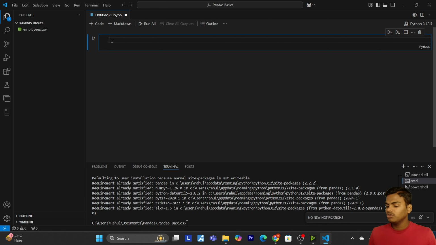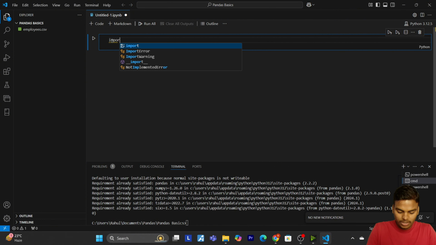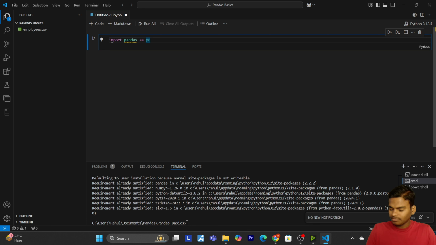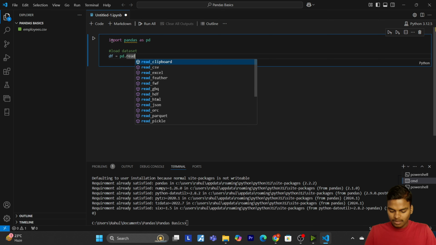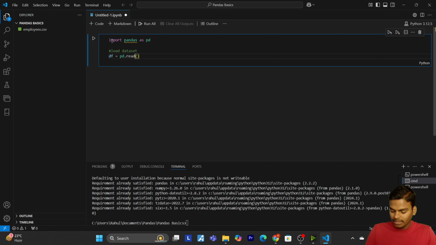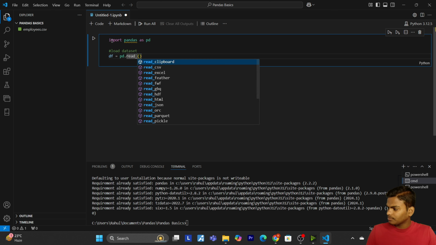Now you have to just write import pandas as pd. After this, you have to load the data set. For this you have to create a variable df equals pd.read_csv, because we are going to read a CSV file.